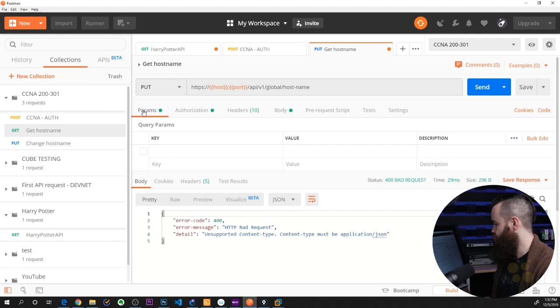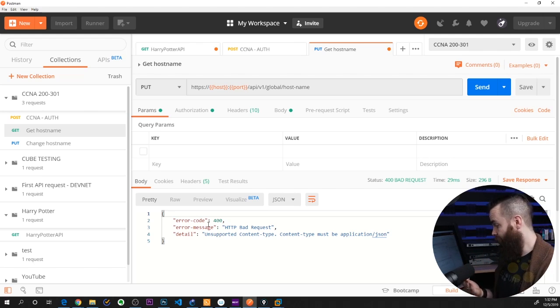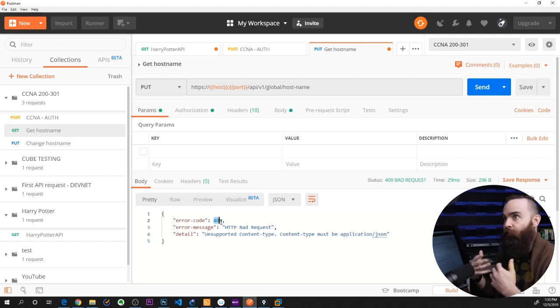Bam. Oh, look at this. I got a bad request back. This is by accident, by the way, but it's a great time to talk about the response we get back. Notice I get an error code 400. That's an HTTP error code, and we'll experience that when we work with REST APIs. That's again how it's so similar to working with web pages or just interacting with the web. Ever received the error 404 not found, right? It means there's nothing here.